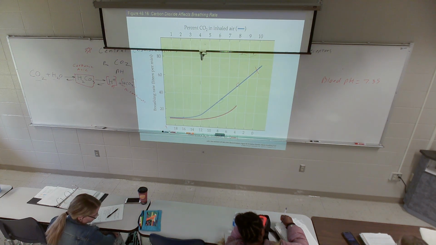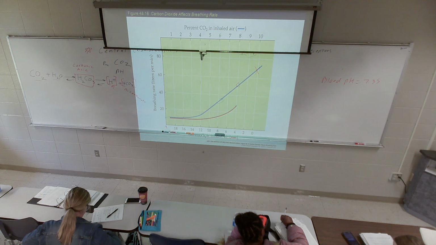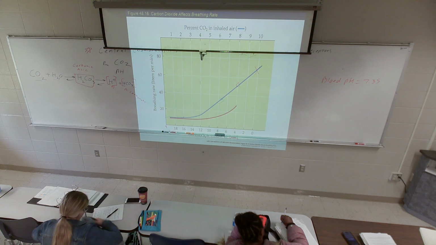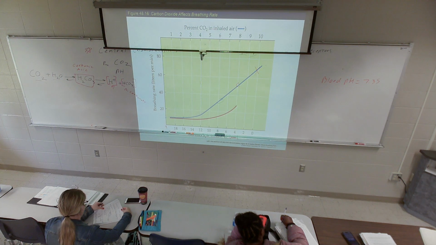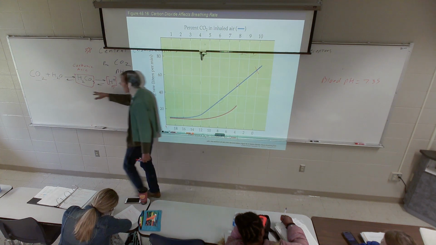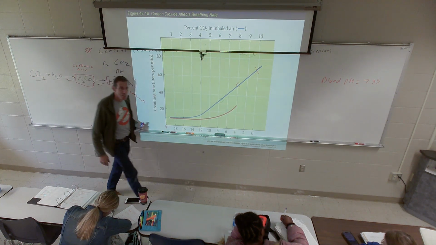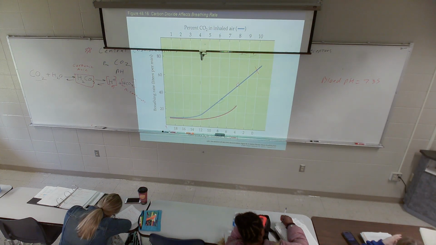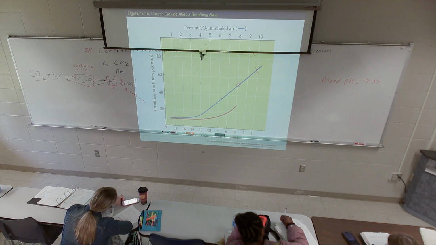Your normal breathing pattern, remember, PCO2 in the atmosphere is almost zero. PCO2 in your lungs is 40, and in your blood is 40. You're breathing to maintain that high CO2 level. If you start hyperventilating, you get less CO2 in your lungs, PCO2 in your alveoli drops, which means you get less CO2 in your blood. It's going to have the opposite effect. As you get rid of carbon dioxide, this equation goes to the left. You get rid of hydrogen ions, and your blood pH goes up. You get too basic, and that will cause you to pass out. If your pH shifts, your brain shuts off. So that's primarily what you're controlling your breathing for: to control CO2 levels and therefore pH.